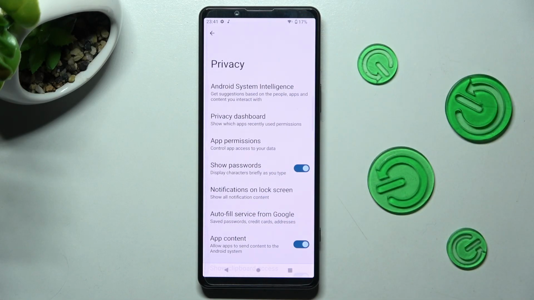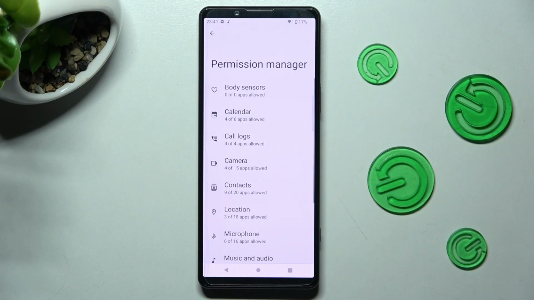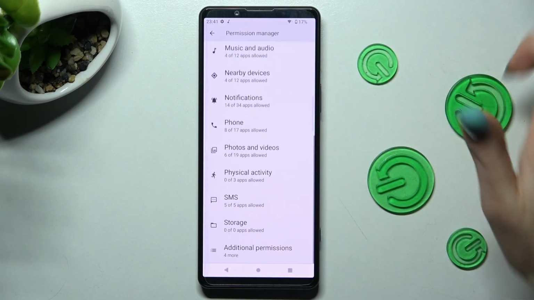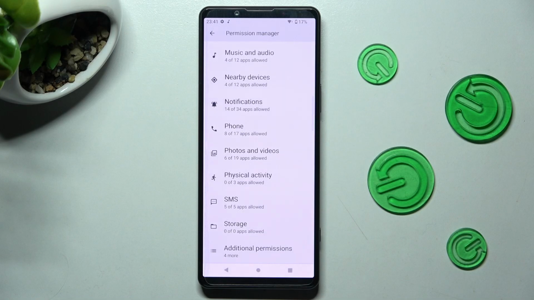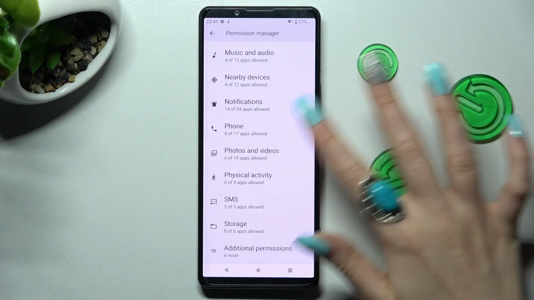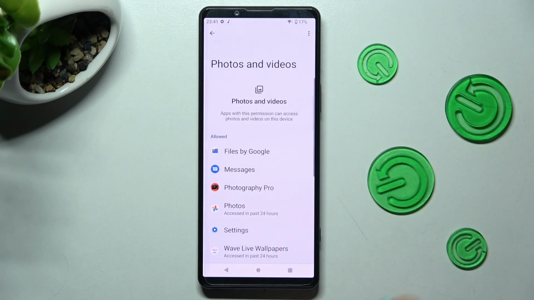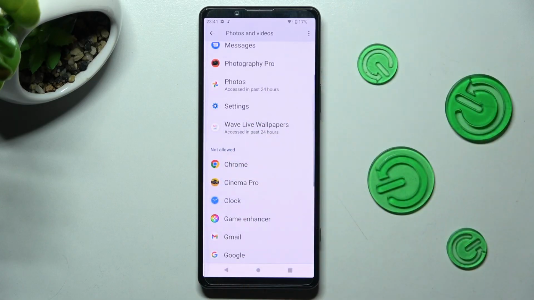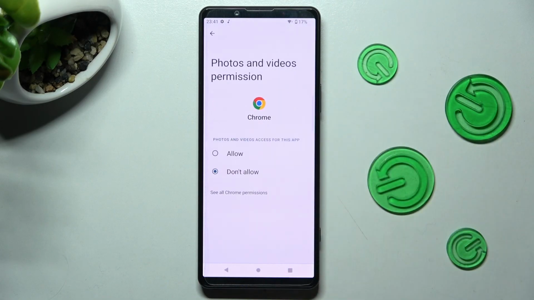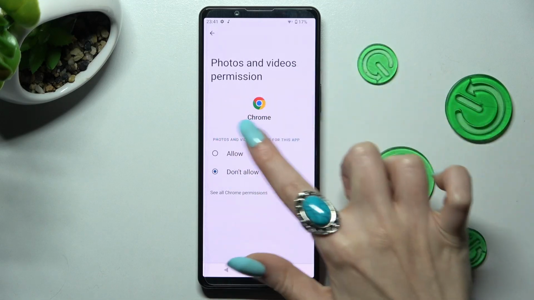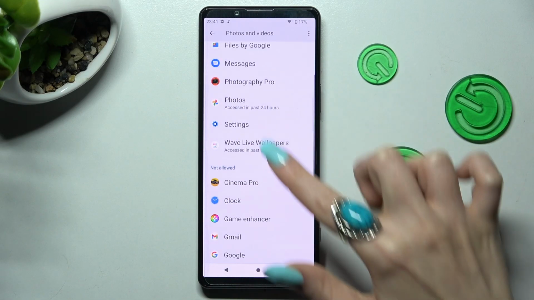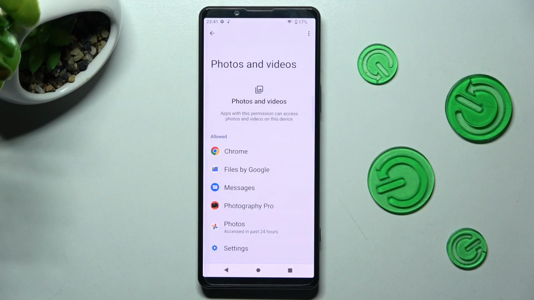In it, tap on app permissions and select one of your device's features, like photos and videos. After that, you need to select one of your apps, in my case Chrome, and tap on the best option for you, allow or don't allow. I will go with allow, so now when I go back, as you can see, Chrome just gained access to